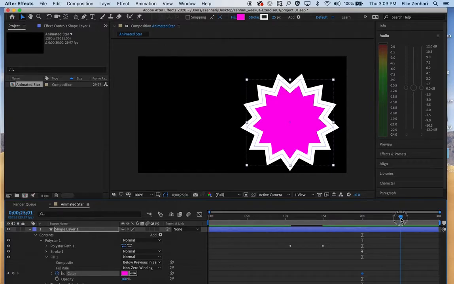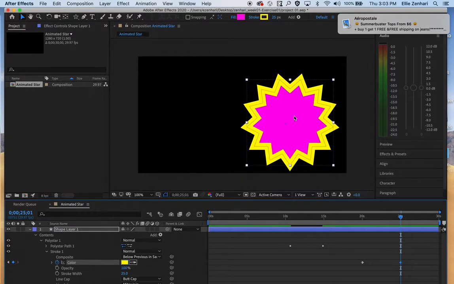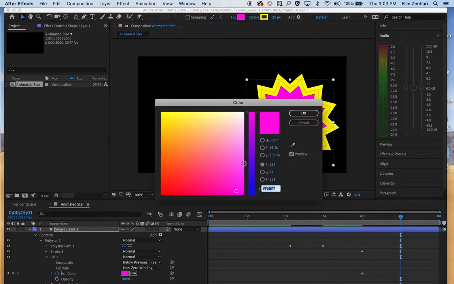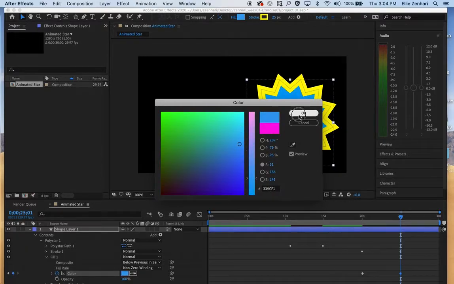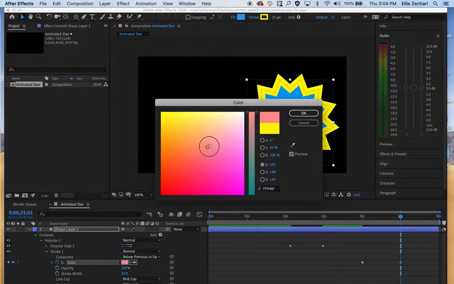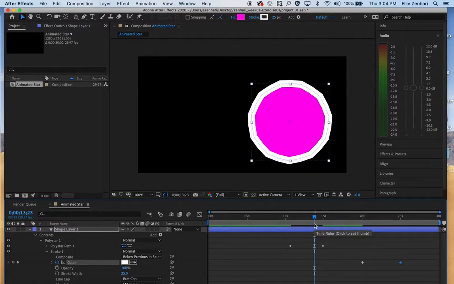Move the time indicator, let's say here, and now open up your stroke again and maybe change it to yellow, then close the stroke, open the fill, and maybe change this to, let's say, blue. So I don't really like that yellow, so I'm going to change it to, let's say, something like a pinky color. Okay, so now you see that,